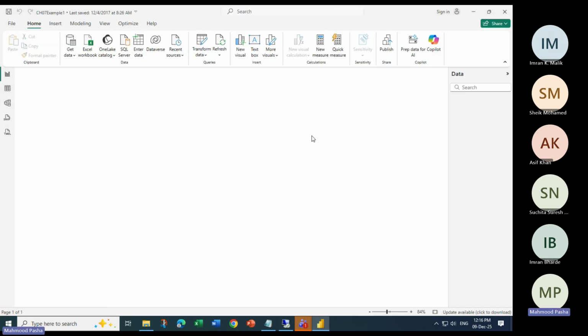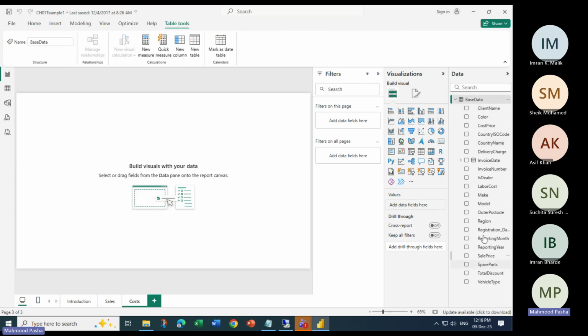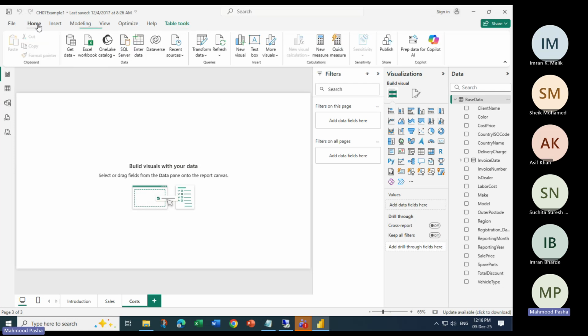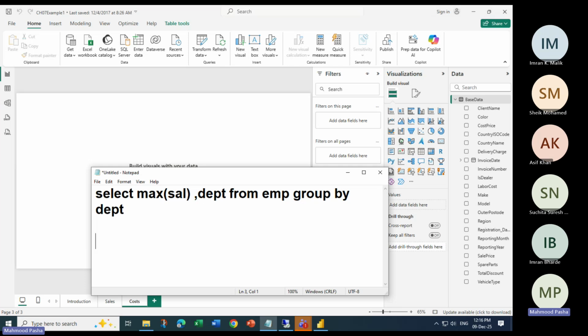Okay, so same thing, the base data file is loaded. Load the same file. Now we will be looking into data types. So what do you mean by a data type? Okay, so remember,